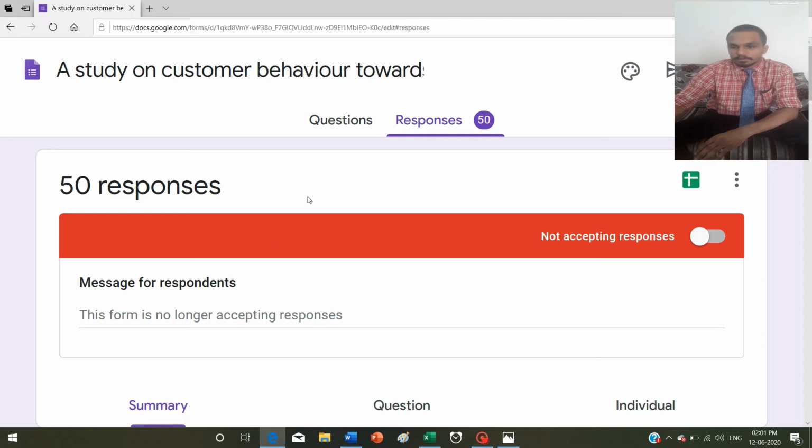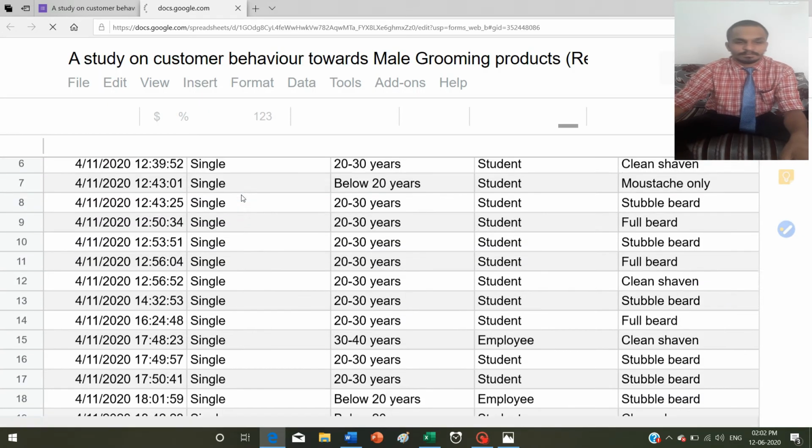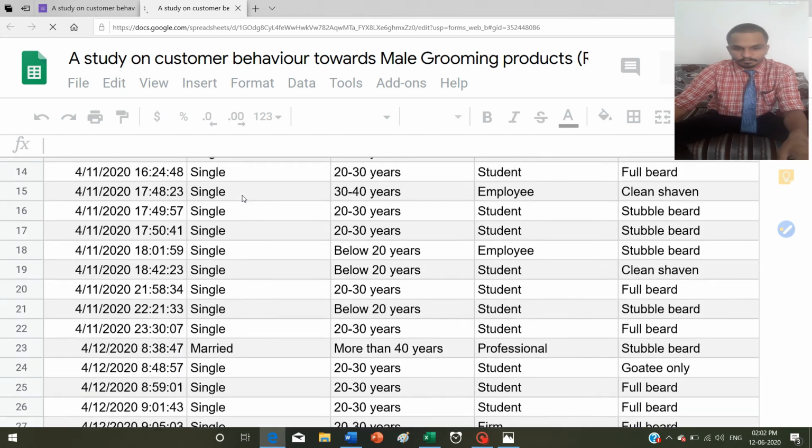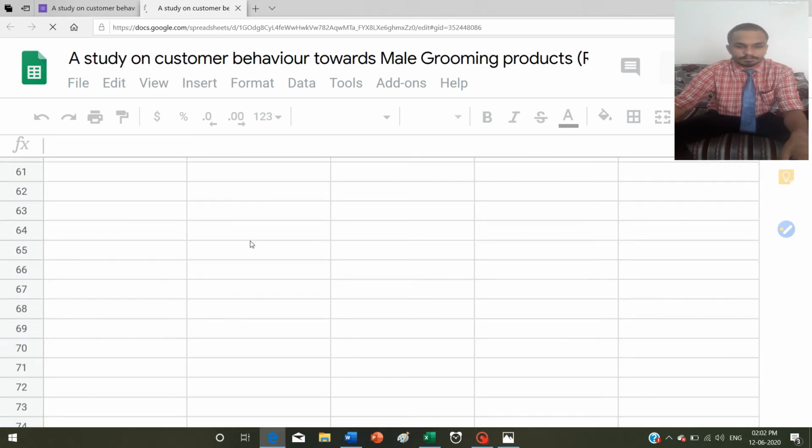If you wanted to create from the Google Form responses which I have already collected, you can see there is a square option, which shows the option to view responses in Sheets. So you just have to click here. If you click, I think it's loading. Okay.